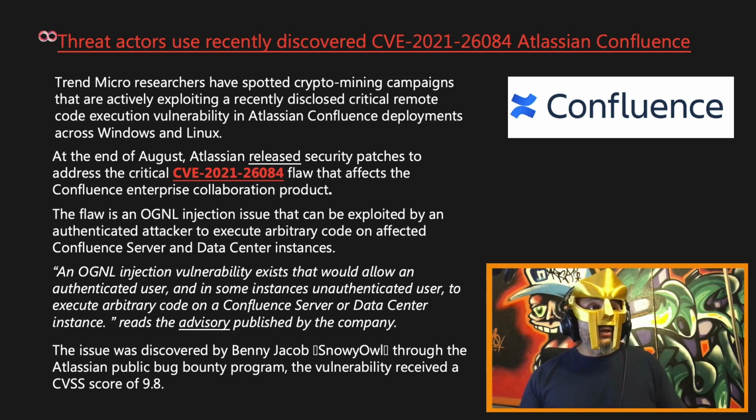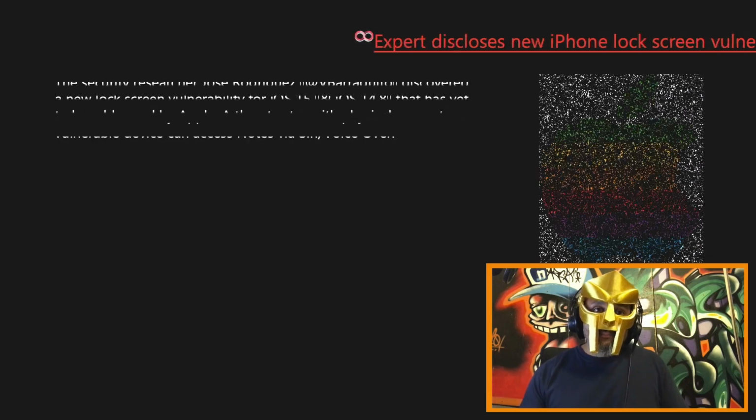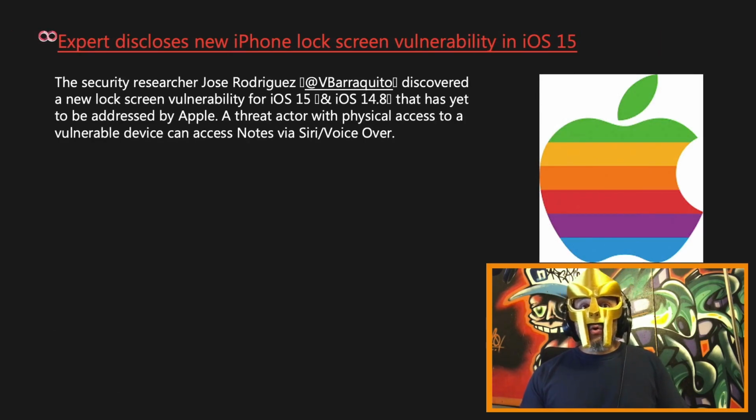An attacker could trigger the issue by simply sending a specially crafted HTTP request containing a malicious parameter to a vulnerable install. Researchers from threat intelligence firm Bad Packets also detected mass scanning and exploit activity targeting Atlassian Confluence servers vulnerable to the above RCE. Now, Trend Micro researchers shared technical details of the vulnerability and published a report on a cryptocurrency mining campaign distributing Z0Miner. The security researcher Jose Rodriguez, also known as @VBaraquito, I guess his Twitter handle, discovered a new